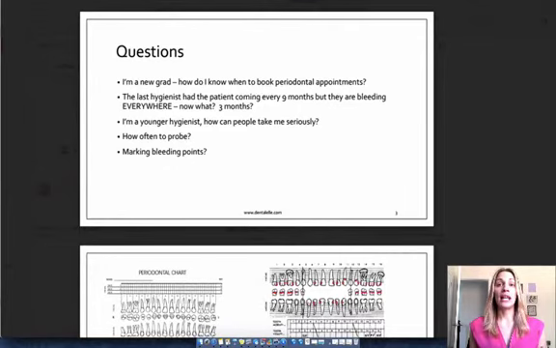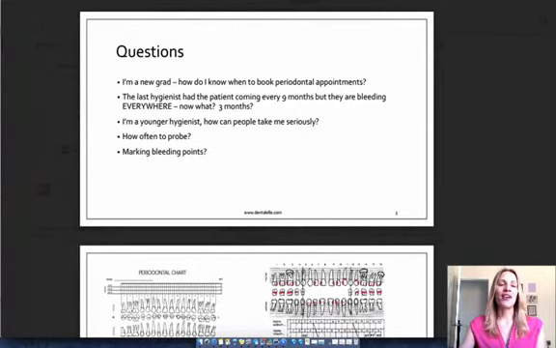Now things are getting worse, and if we don't nip this in the bud now, things will get a lot worse, and you could lose your teeth, things could become sore, you could develop an infection. The possibilities are endless. So, depending on what you want to say and how you want to approach it, but bottom line is if they're bleeding everywhere, 9 months is not enough, and 3 months they need to be coming in. So, good luck with that.